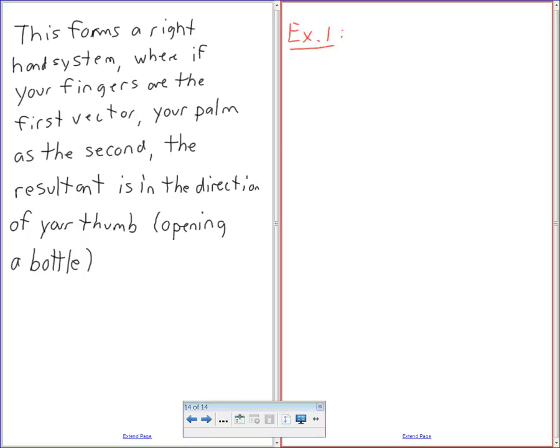We're going to say if the magnitude of u equals 8 and the magnitude of v equals 5, and theta is 30 degrees, find